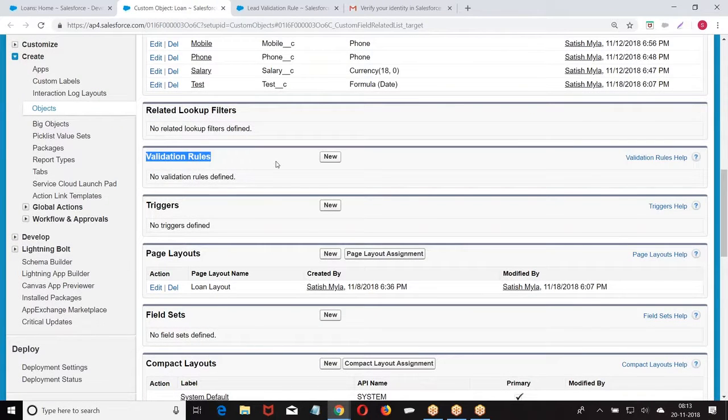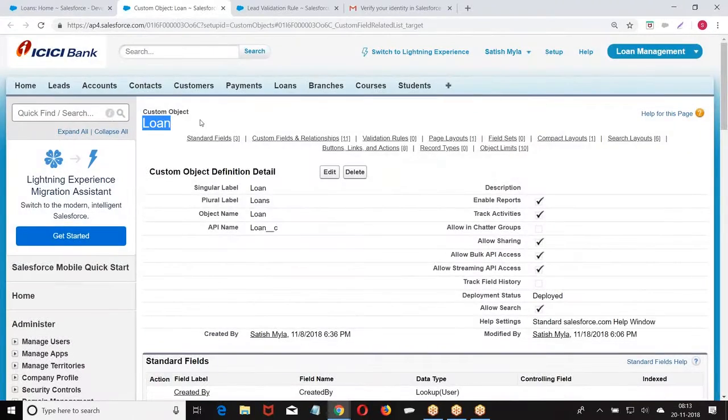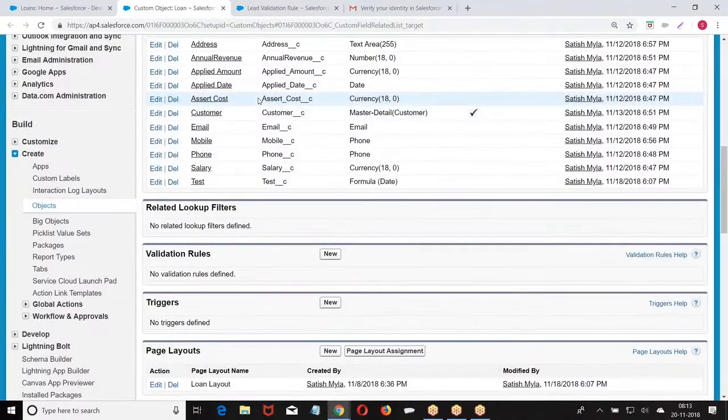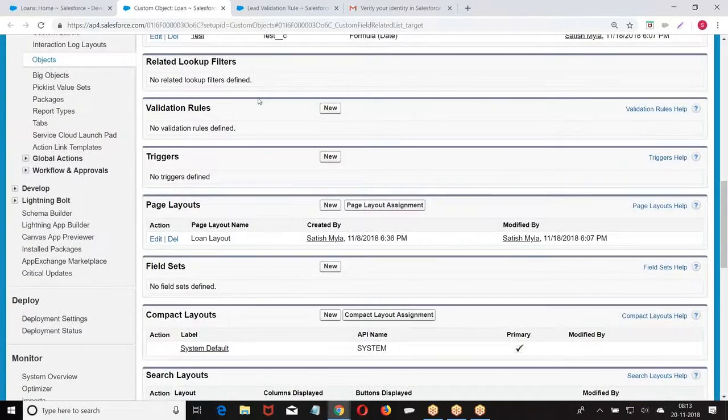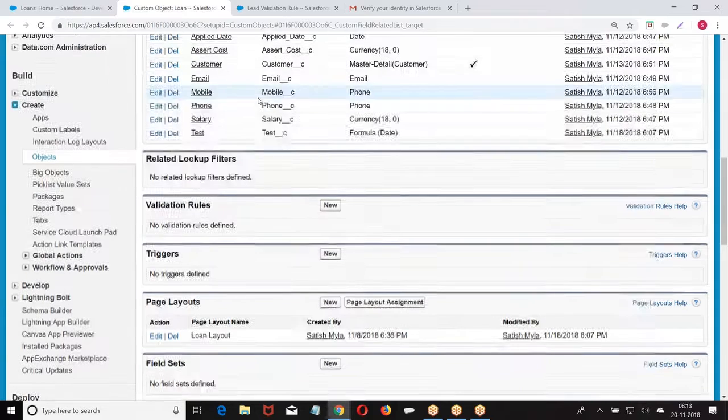So these validation rules are for which object? Why mention it again? Without knowing the object, how are you using the fields? The fields belong to that object. We are defining the validation on the particular object. Go to the object, click on validation, enter the data.